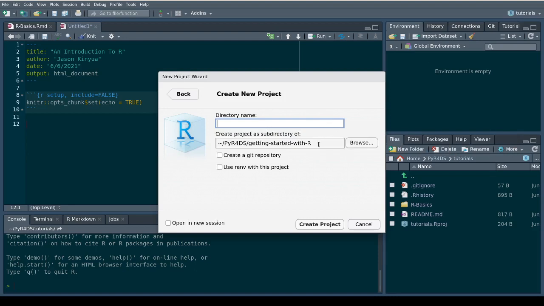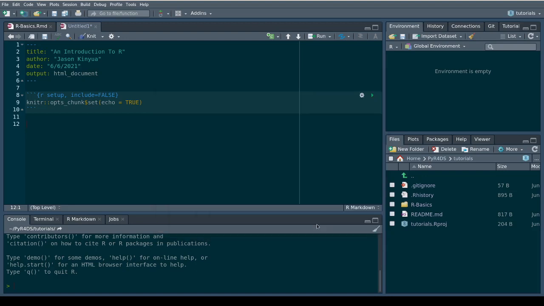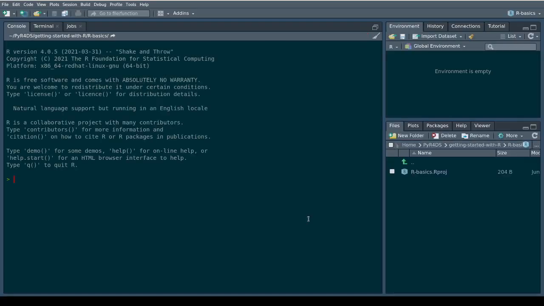Oh, okay. Okay, this is the base directory. This is the directory with the project. We can call it R basics. Okay, this is the project name. Oh, I created it in this session. Okay, I'll just open my project again. So this is how it will look when you create a new project.